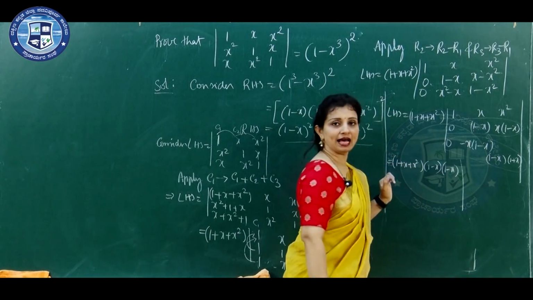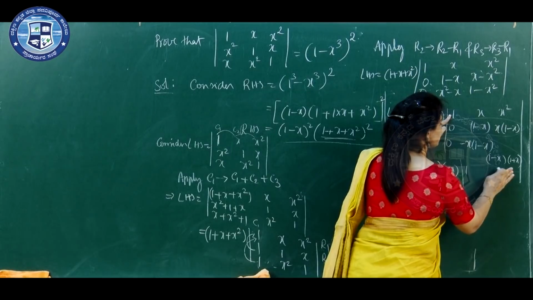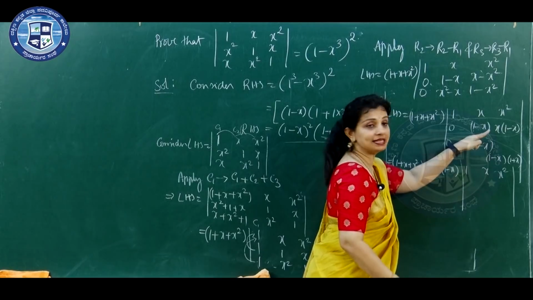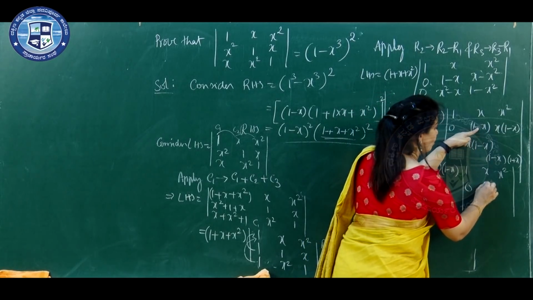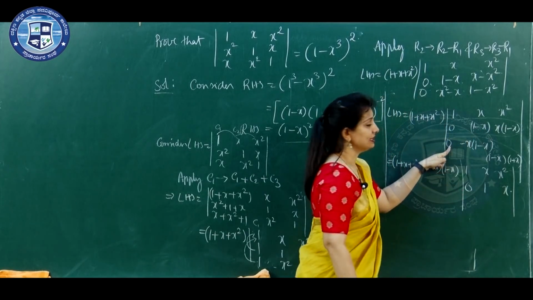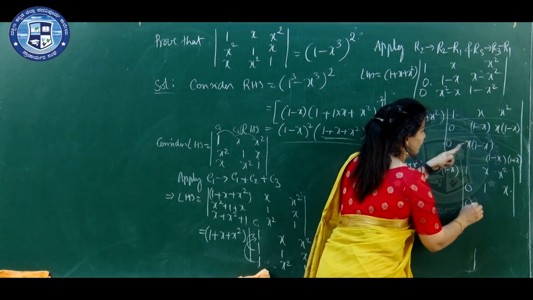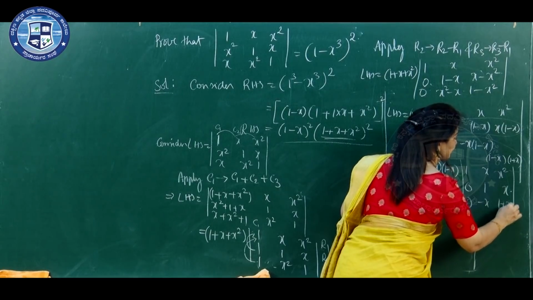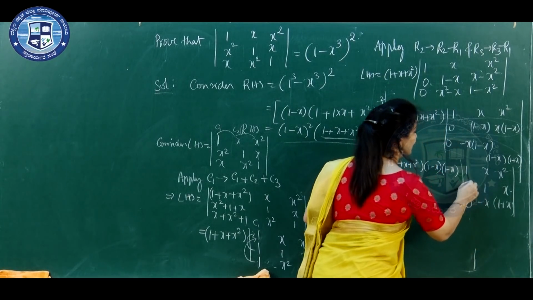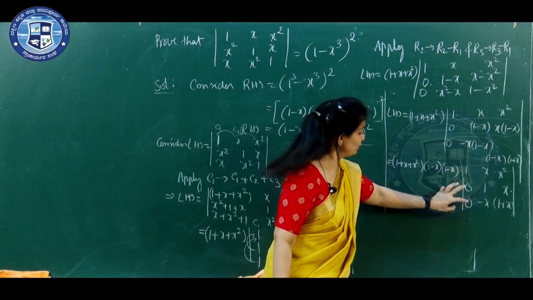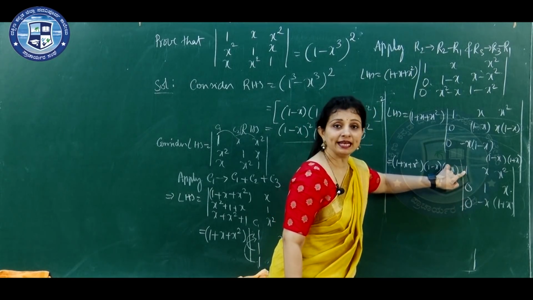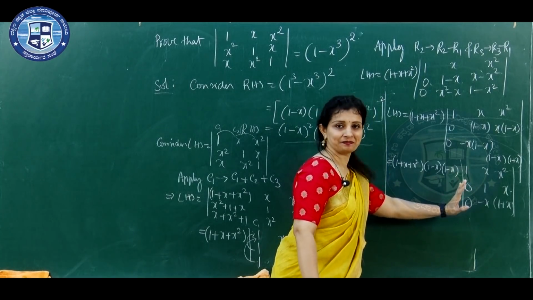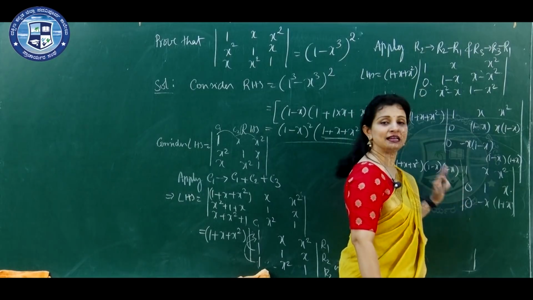1 minus x is removed from the second row, also from the first row. So remaining elements are here 1 x square. Second row 1 minus x is removed. So it is 0, 1 x. Third row 0, 1 minus x is taken out, x, then this is 1 plus x, minus x, 1 plus x. Now look at that, first column 2 elements are 0, so we can expand the determinant using first column. Third tip is to expand. When you get 2 maximum zeros, expand this.